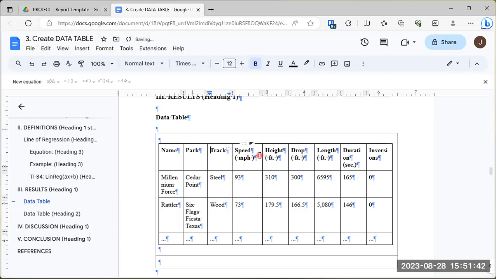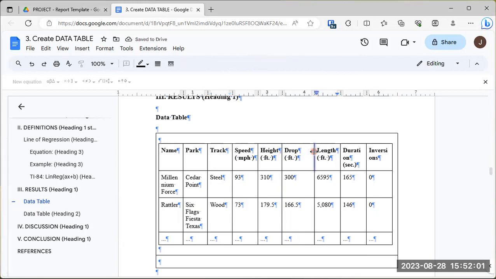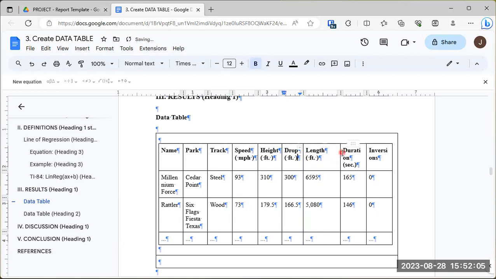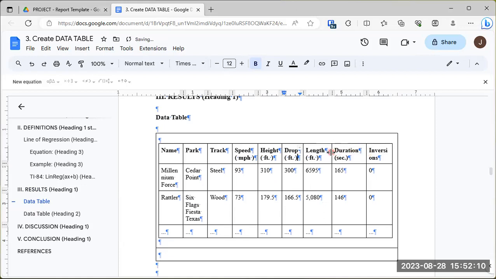So what I'm doing is I'm moving the cursor onto the vertical line that separates two columns. And you'll notice the cursor changes. And when I left click and hold, or left click and drag, I can now move that border over. Let's see if I double click it. No, it doesn't resize it. Okay, so now I can drag that over, drag that over, and drag this one over too, so that inversions